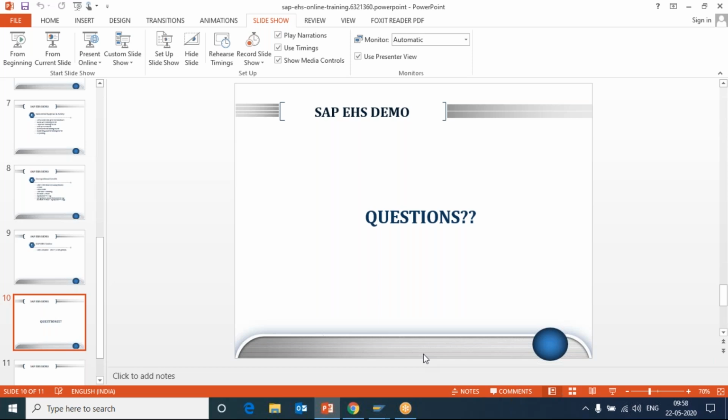And when we go to a customer or client, when we want to, let's say, install this SAP software, we want to develop this software for one of the companies, you will be interacting with the customer. Until and unless you have a background experience of EHS, how will you be able to understand what the requirement is? Let's say I have a company. I want to implement SAP EHS in my company. You come to me, but you don't have an EHS background. You come to me and you take my requirements.